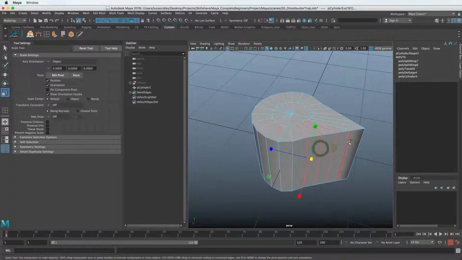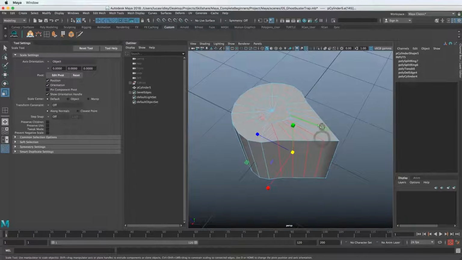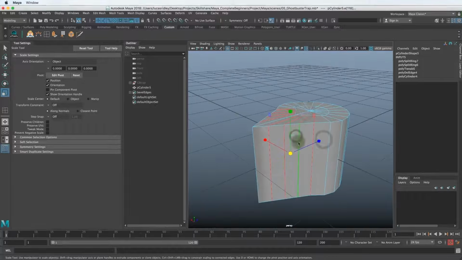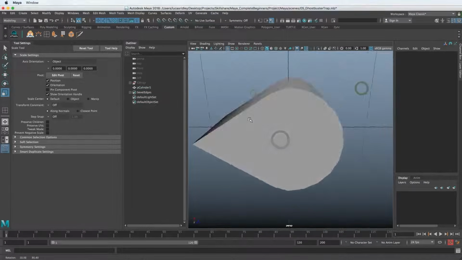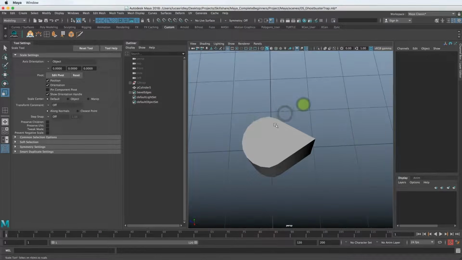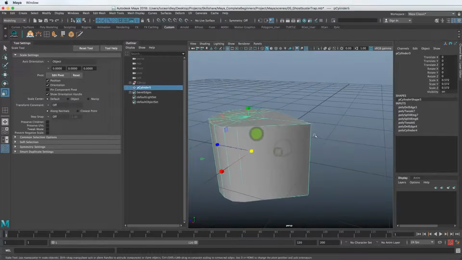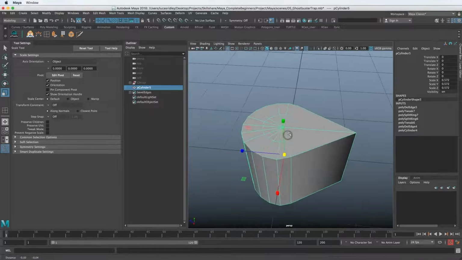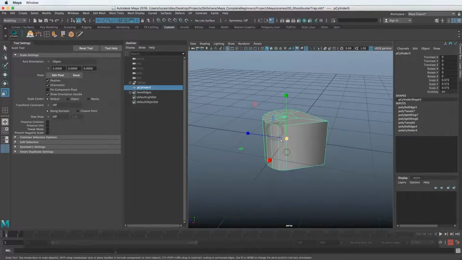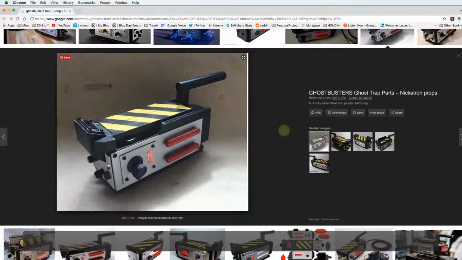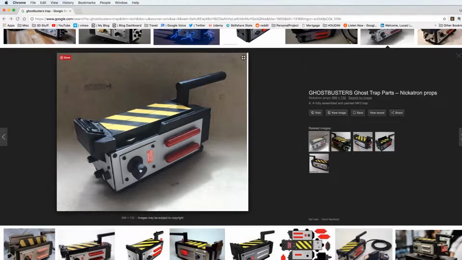We do things and then we change it back, and it's very adaptable, and you need to be the same in your knowledge and application of everything that you know for modeling. So you can do whatever you need to do, and you're not constrained by the tools or the decisions you make. You can just go with the flow. So now we have the general shape of this thing. The big question is, how do we make the ribbed looking cylinders here all the way around? And so we'll address that first.